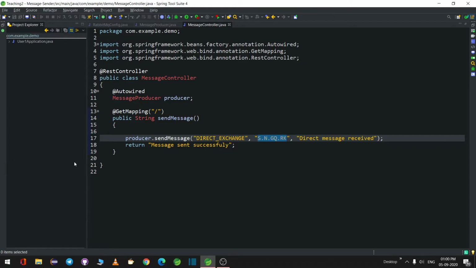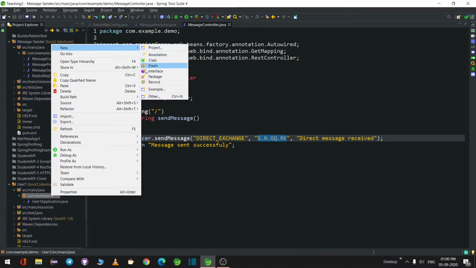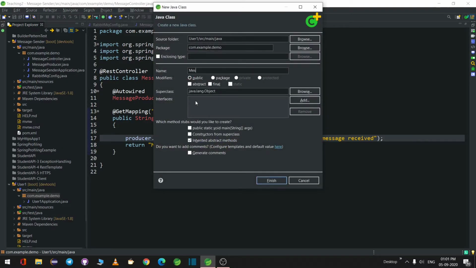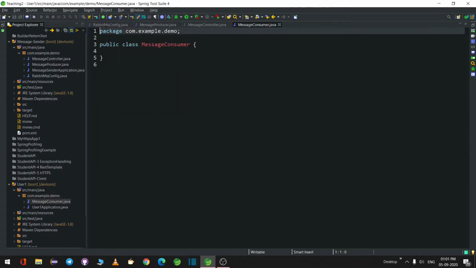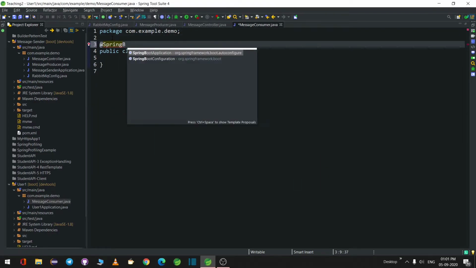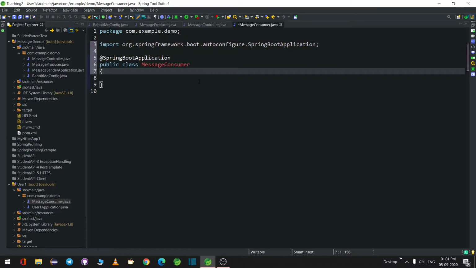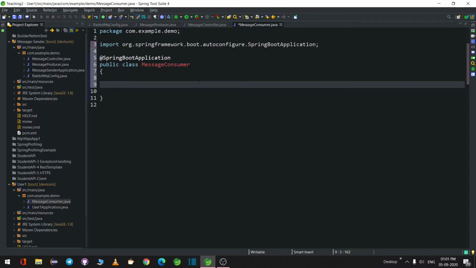I'll just write one more class called message consumer, and I'll mark it as Spring Boot application, and this should receive a message. Public void receiver.